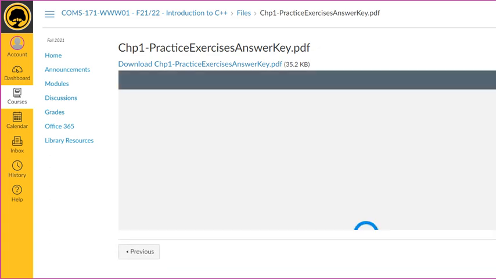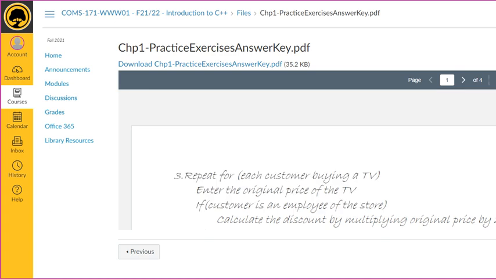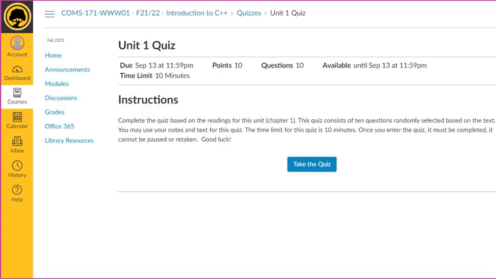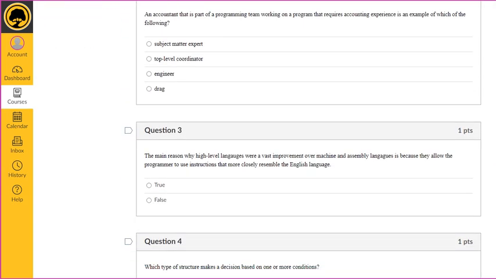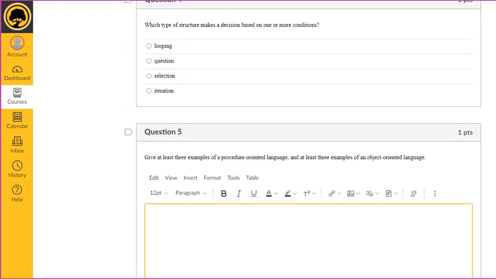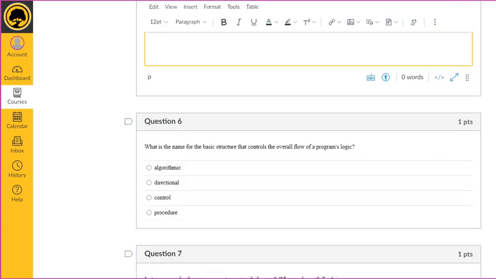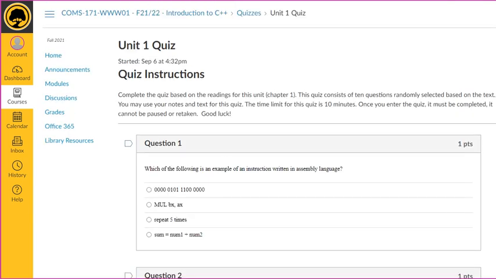So there are some examples. I will always give you examples to follow, related to the assignment, so stuff from the chapter itself. I'll give you some examples that you can follow, and I'll give you some practices. There are some review questions. There's a quiz that you'll need to complete on a weekly basis, which is basically anywhere between 5 and 10 questions. You just start them after you do your studying and watch the PowerPoint slides. They are multiple choice and true and false. You might sometimes have some questions where you have to type an answer, but most questions will be multiple choice and true and false. You go through that process of answering those.